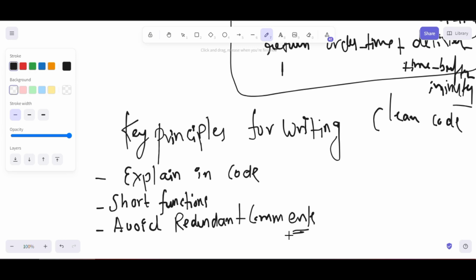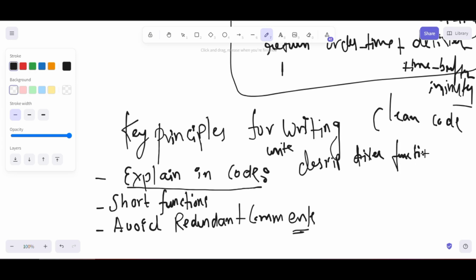So avoid writing comments, and write expressive, descriptive variable and function names. That is all he is talking about.